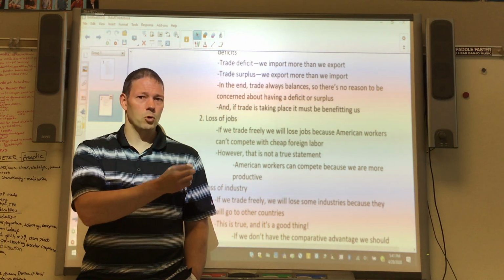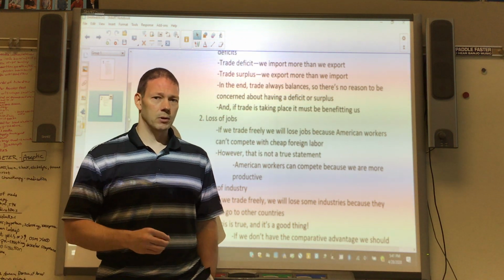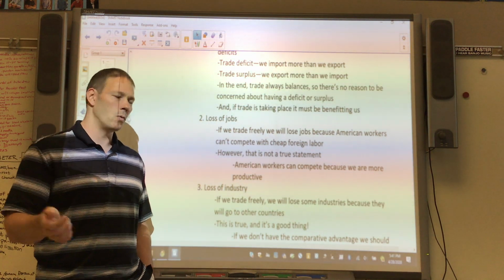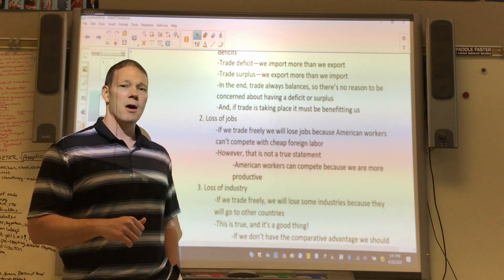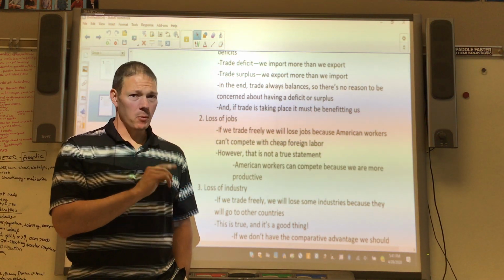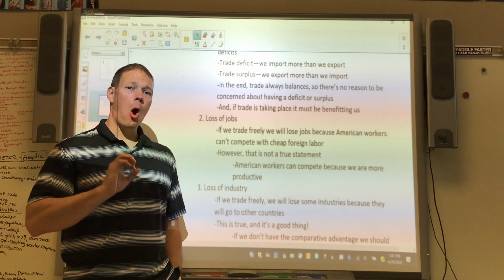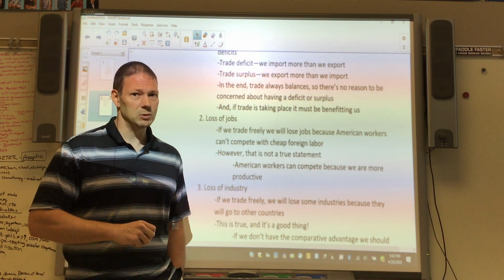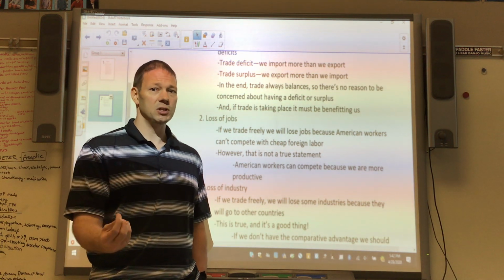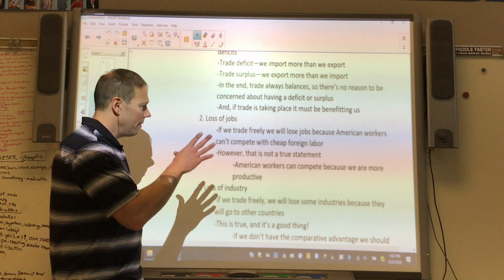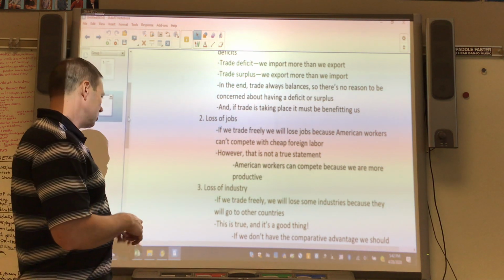In other words, we can make more shoes than workers who are less educated, less experienced, and less skilled. And so we do have something to offer. We are more productive. Just like we showed with NAFTA, remember what happened after we passed NAFTA? All three countries, America, Mexico, and Canada, gained jobs because we experienced the efficiencies that come along with trade and the benefits of trade, and so that one is not of great concern.